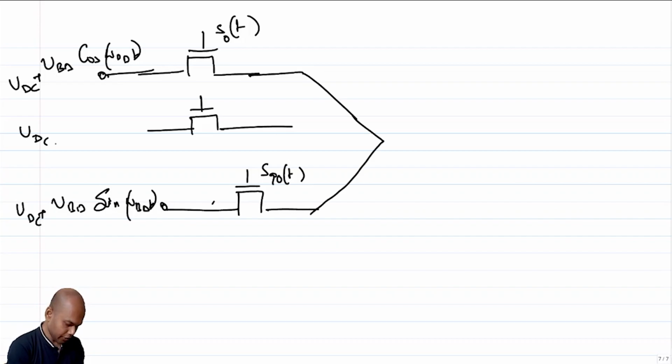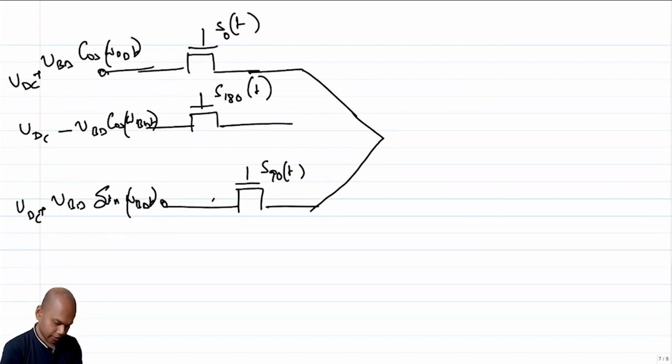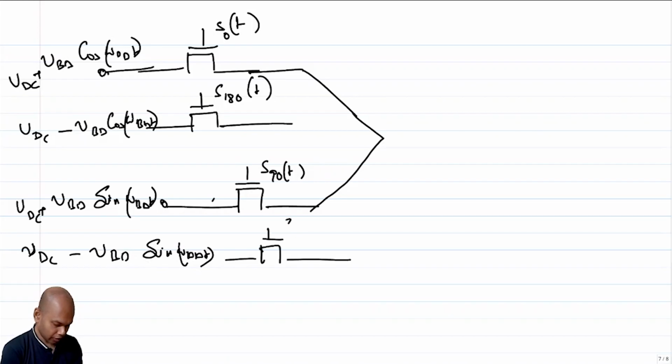Here you have, let's say, VDC minus VBB cosine omega BBT, and I call this S180T, and here you have, let's say, VDC minus VBB sine omega BBT. I call this S270. So the subscript refers to the amount of delay they have with respect to each other,